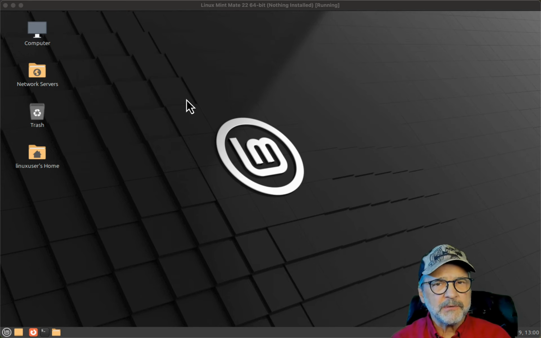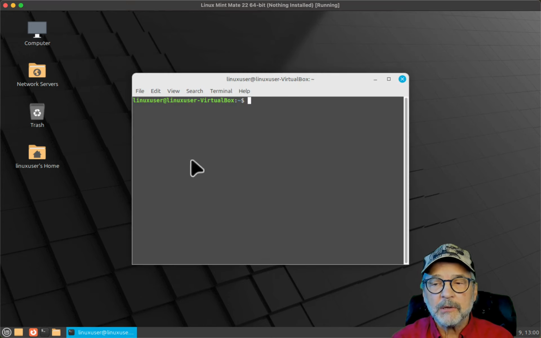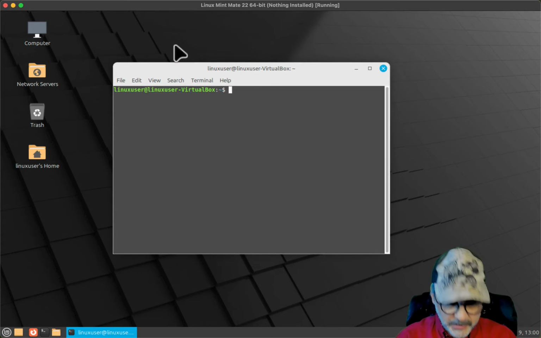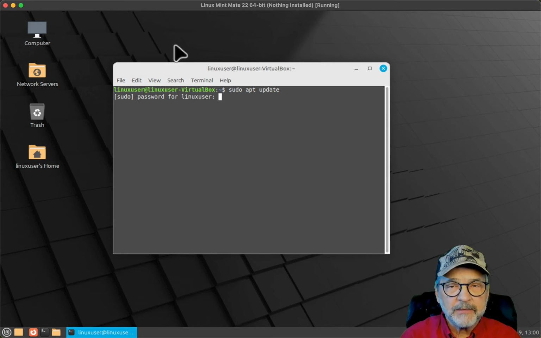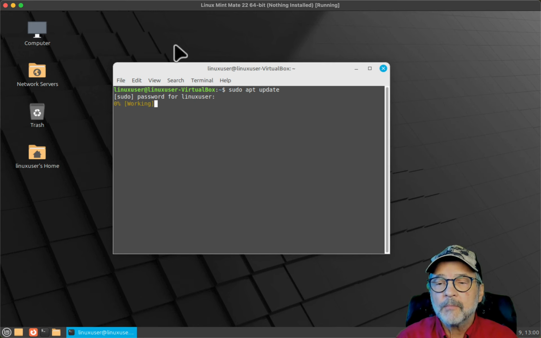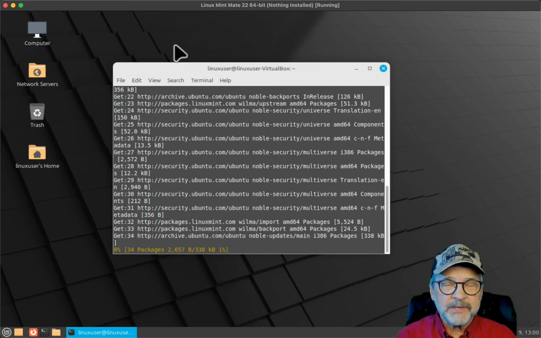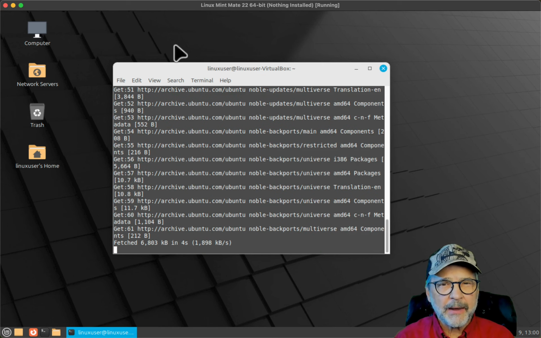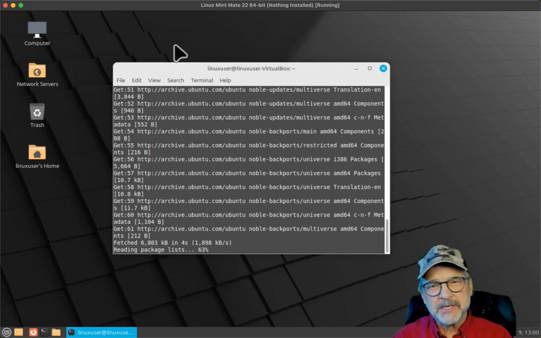So you can also do this on Windows Subsystem for Linux, but we're going to do it on Windows, but I want to do it on Linux first. So it's actually pretty simple. What I'm going to do is load up a terminal in Linux. I'm just going to say sudo apt update. And actually what this is doing is updating my software catalog on my Linux. On Red Hat you would do sudo dnf update.